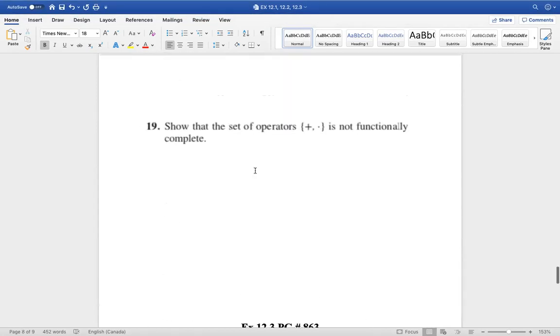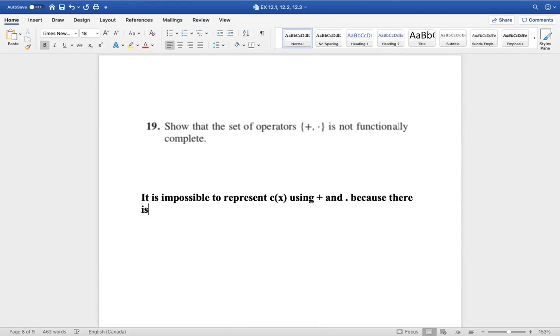There's no question. Let's move on to question number 19. We have to show that the set of operators plus and dot is not functionally complete. Basically it is impossible to represent the complement of x, for example, using plus and dot,